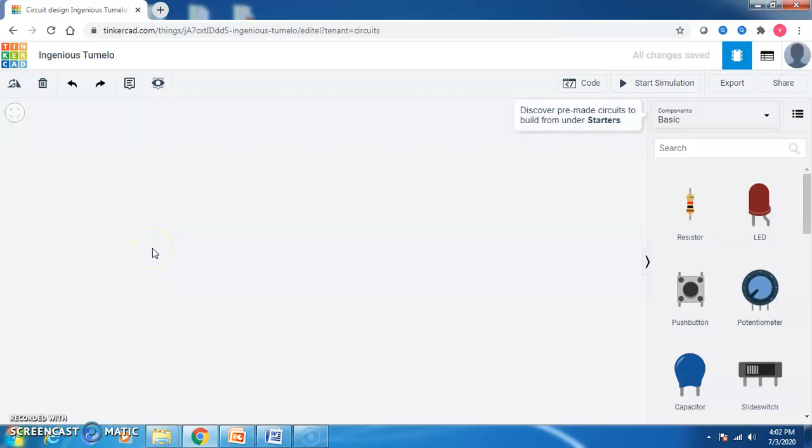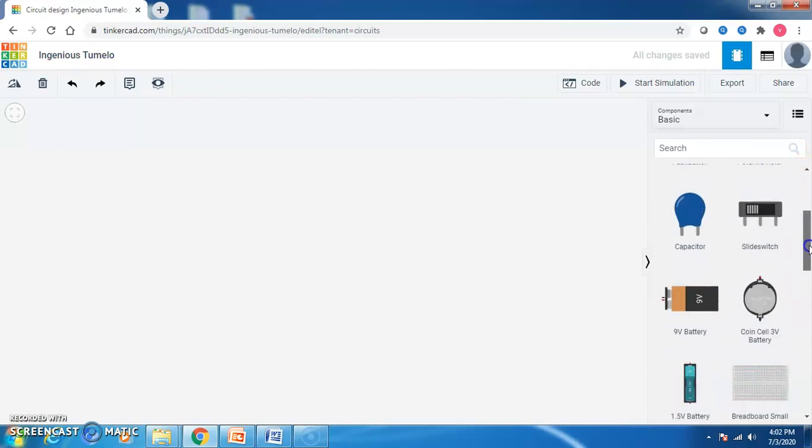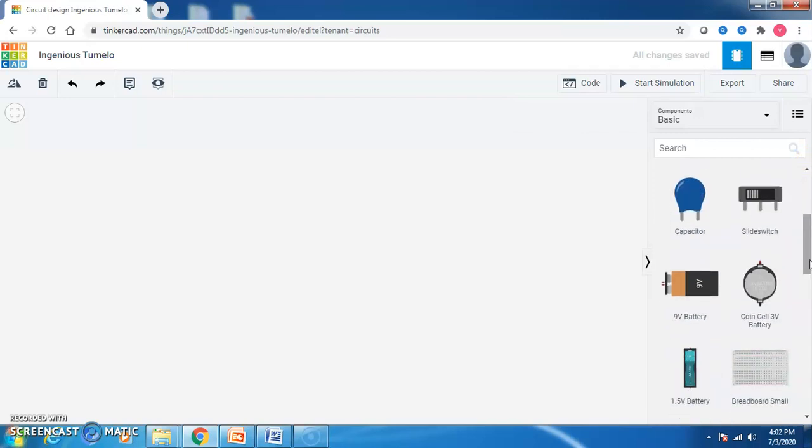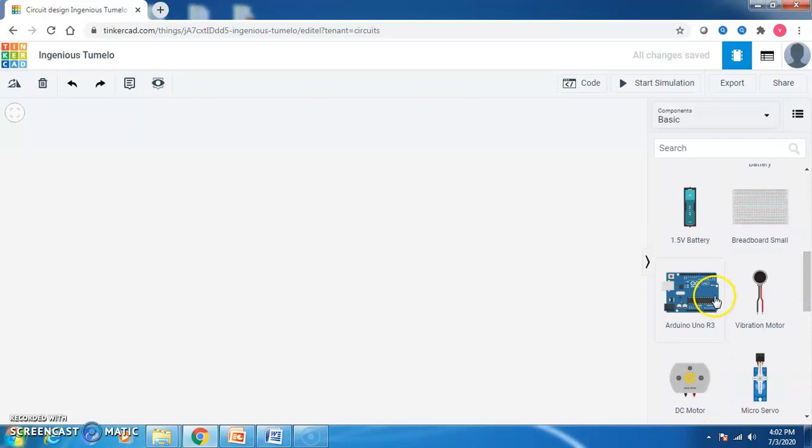Whenever you are pressing the switch, the light will turn on, and whenever you release the switch, the light will be in the off state. So based on the switch control only, the LED is controlling. So in this particular scenario, the switch will be acting as an input device and the LED will be acting as an output device. To do this connection, first of all, drag and drop the Arduino Uno board.